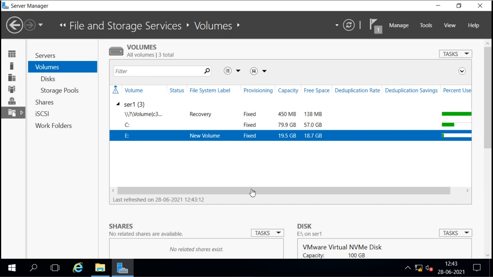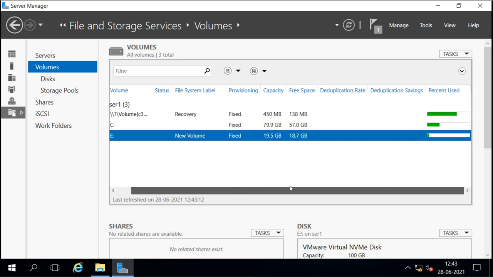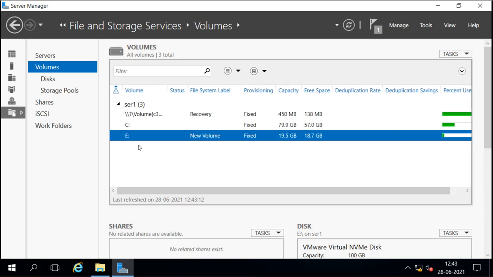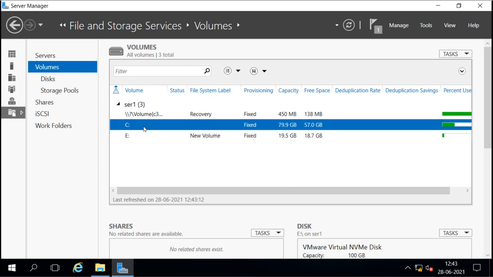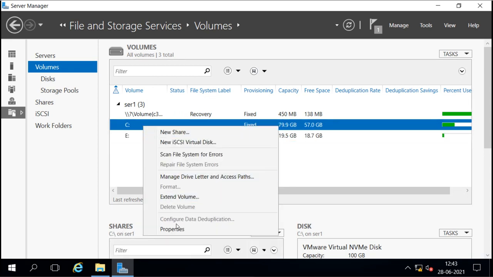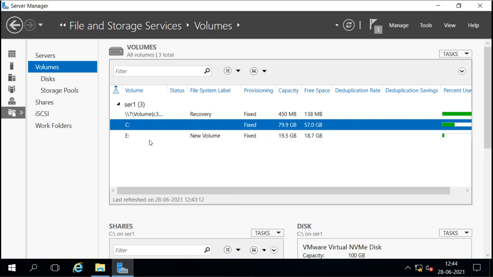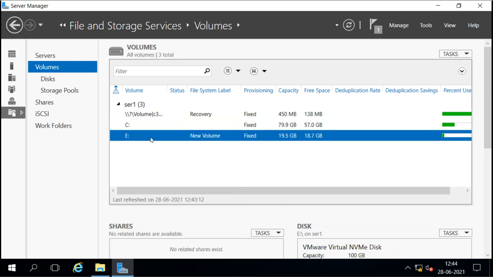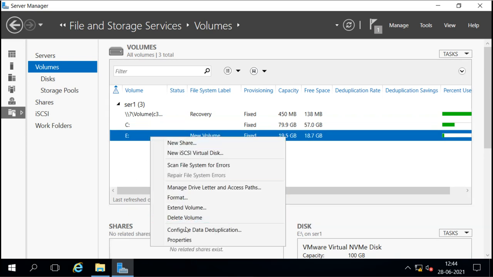Now again I select the C drive, our system drive, and right click, but I'm not able to see configure data deduplication, because on a system drive we can't do this. Now I go to this other drive, and see, I have the option to enable data deduplication.